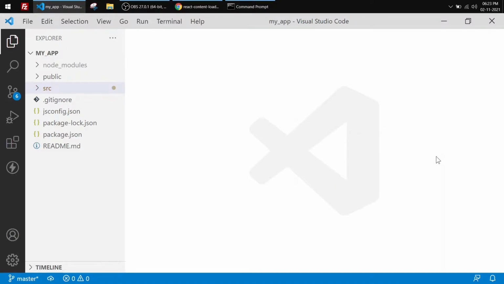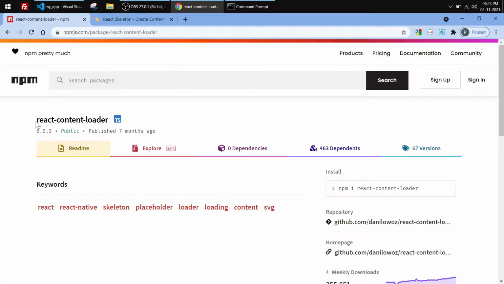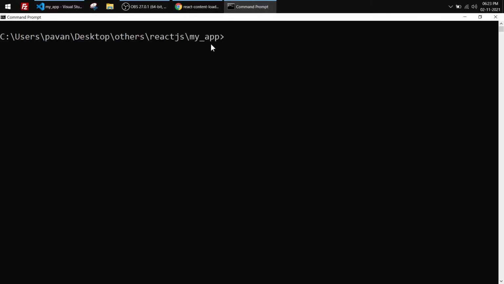In this video I am going to show you how you can use skeleton loading in React.js. So first thing is we need to use this particular package here, React Content Loader. You have to go within a React app in the command line and enter this particular command and install the package. I have already installed the package, so I am just going to use npm start and run my